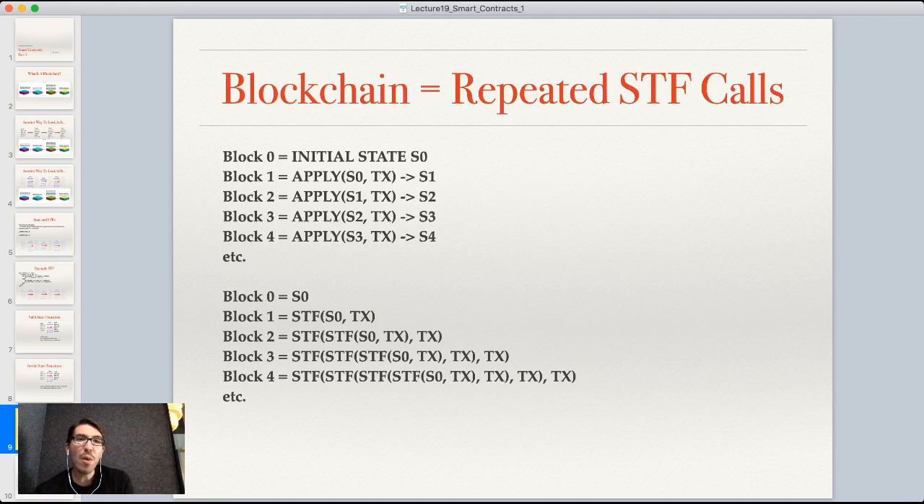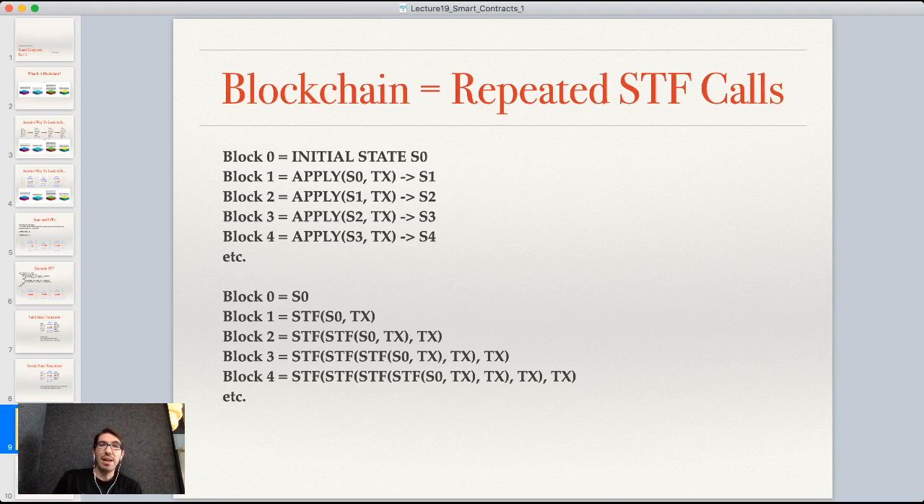So another way of thinking of a blockchain in a really abstract way is just repeated state transition function calls, where each block, that's what it's doing. It's applying the state transition function multiple times. As each block gets added, we start with the genesis state. Then for block 1, we apply any transactions. We can think of the group of transactions as like one big state transition operation and get a new state